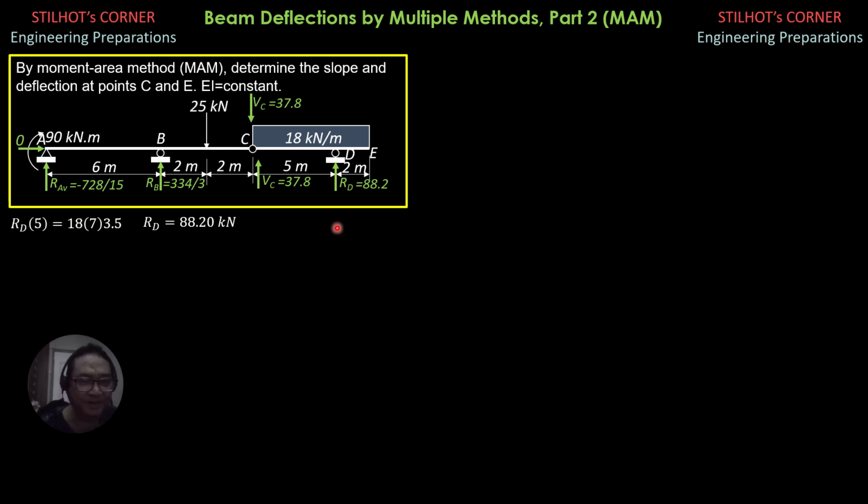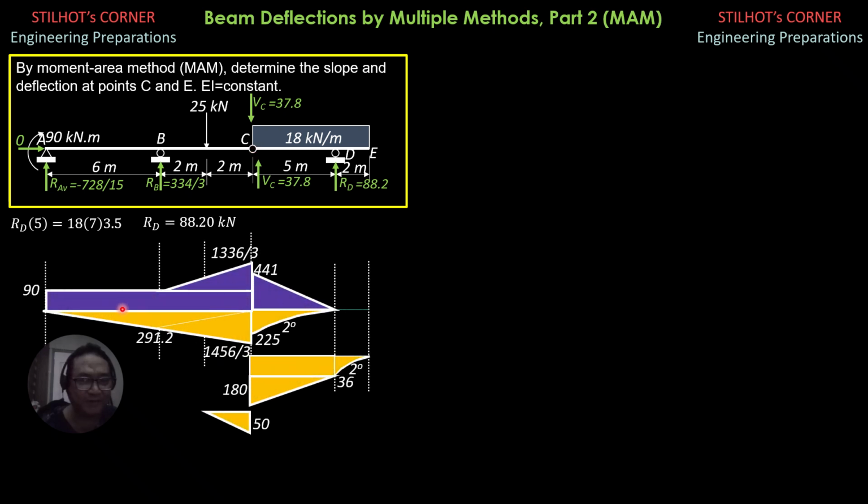So there is an interhinge, so you can have two moment centers if you want. Select moment centers that will make the area simple and manageable, but I choose C so that there will only be one moment center. So I choose C, and the positive areas would be these purple colored shaded areas, and the negative areas are these light orange colored areas.